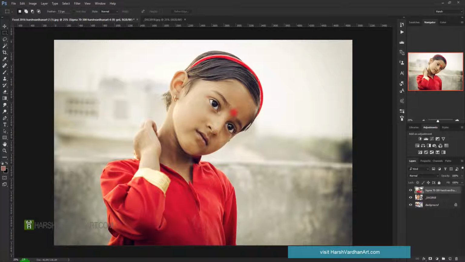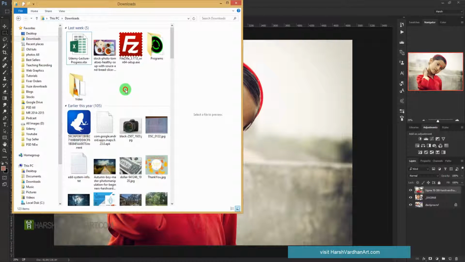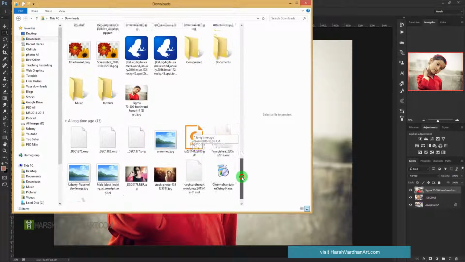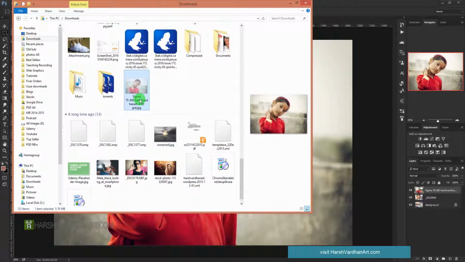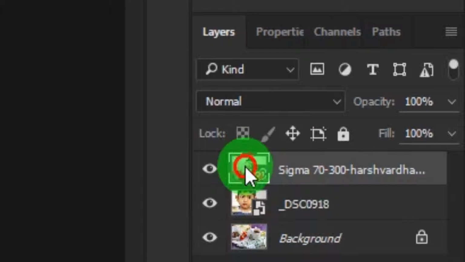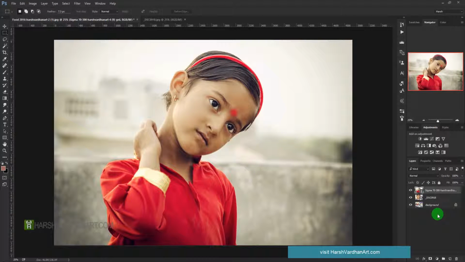And suppose I take this image back to that place, where is it? Let me find it out. Okay, let me place it here again. You can see this error message has gone now. So these are the three different ways to open an image in Photoshop.